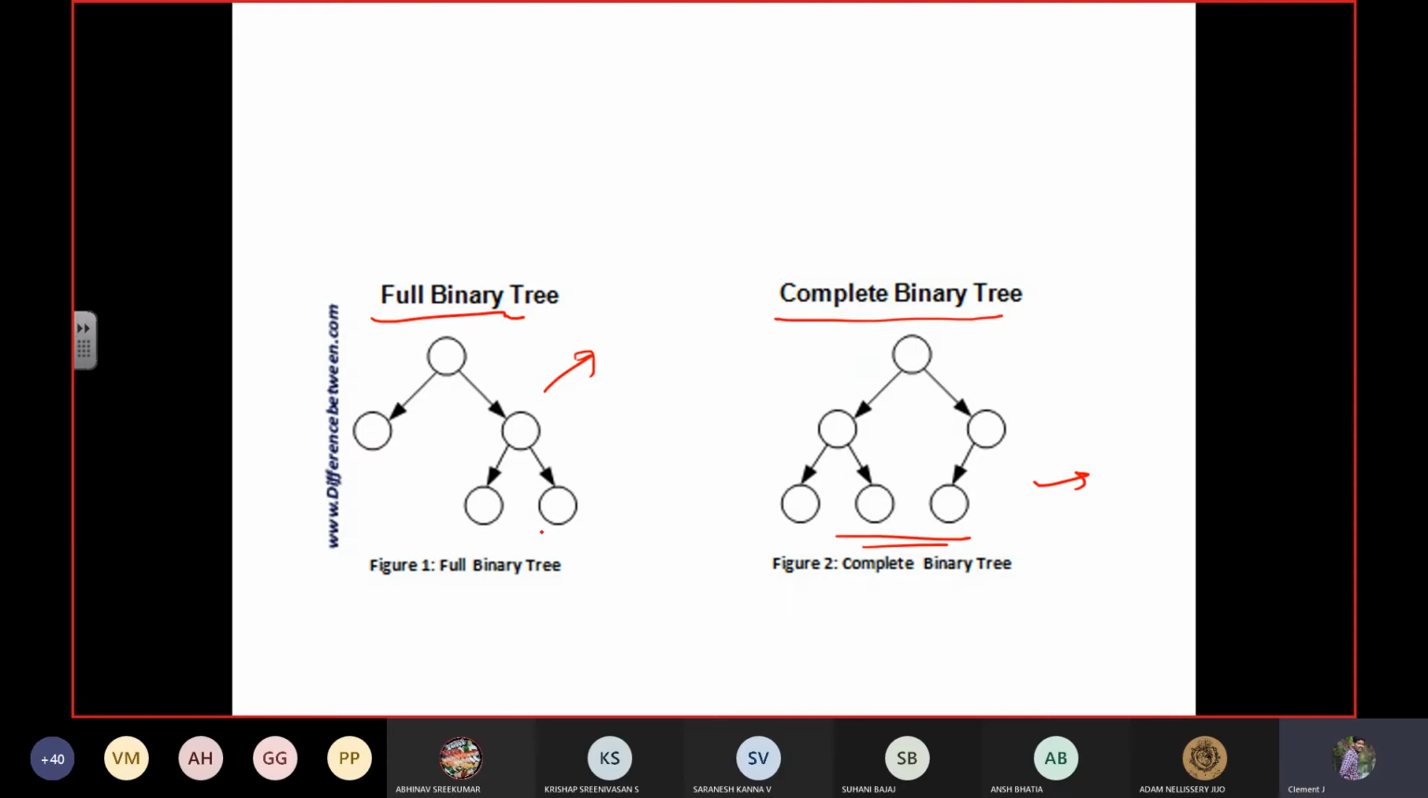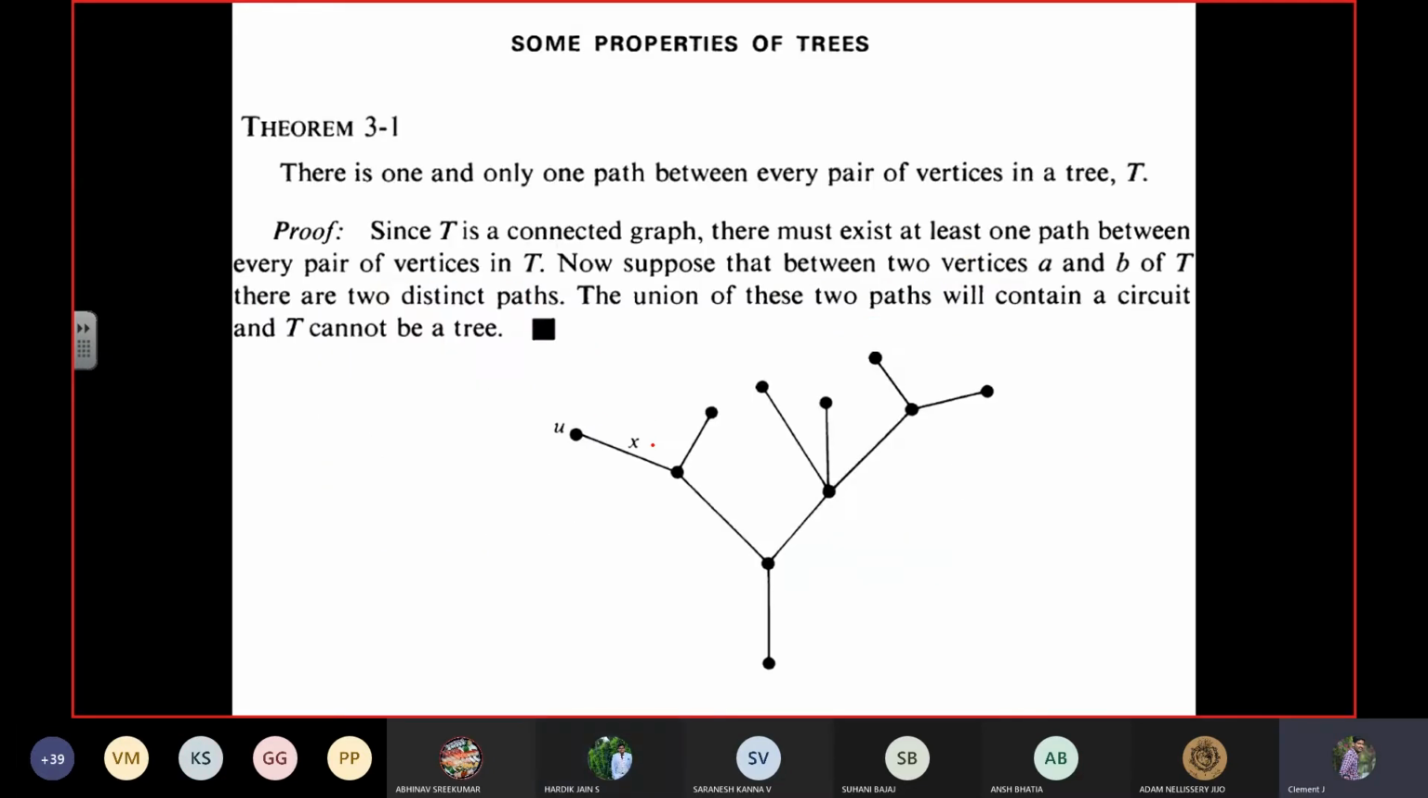Okay. So now have you cleared the definitions of tree, binary tree, full binary tree, and complete binary tree? Is it clear up to this? Yes, sir. What is the meaning of completely filled a level, sir? Completely filled a level means, for example, if suppose,